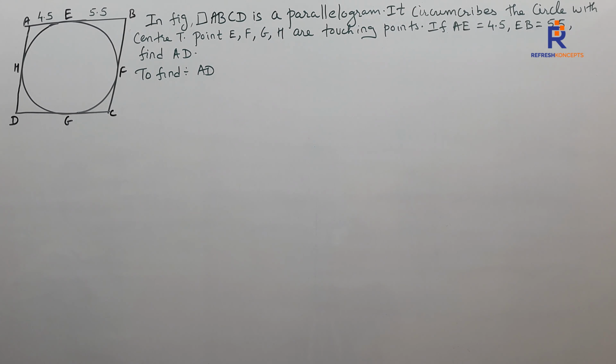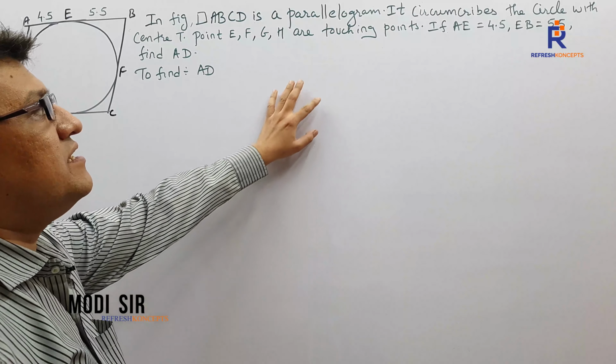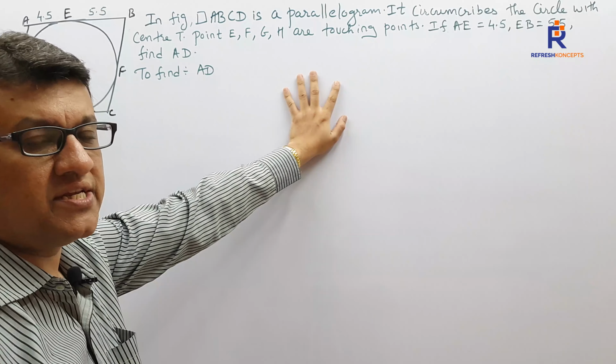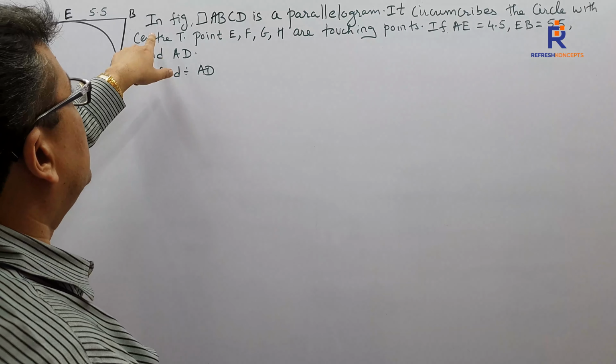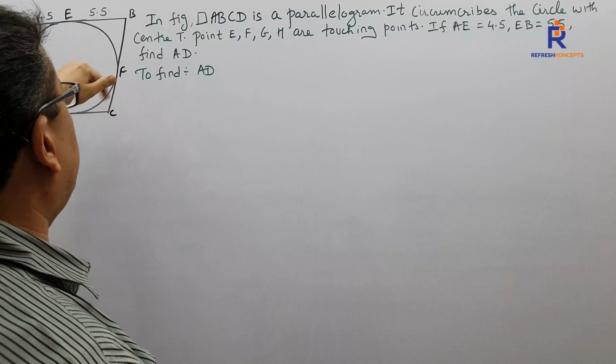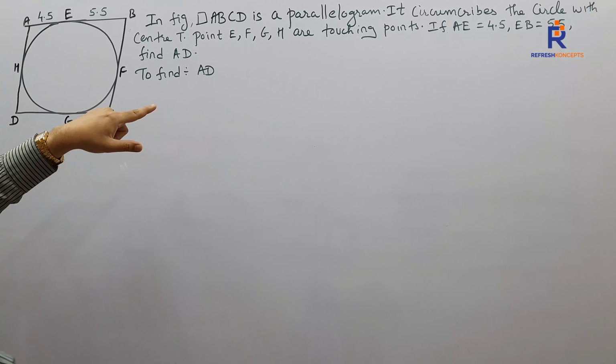Let's see one more sum. What is this sum trying to say? Within this particular sum, I shall give you one more. In the figure, quadrilateral ABCD is a parallelogram. It circumscribes the circle